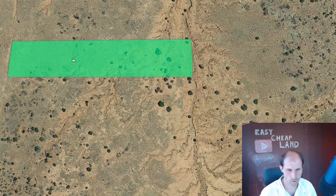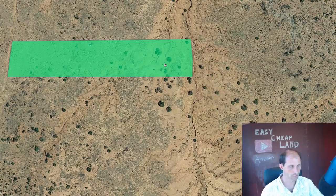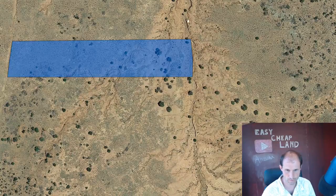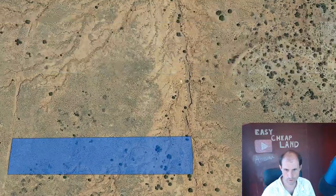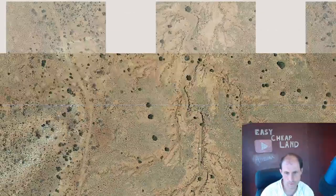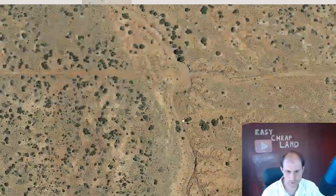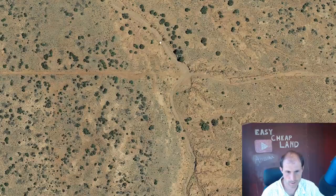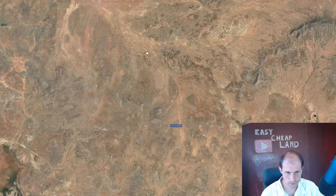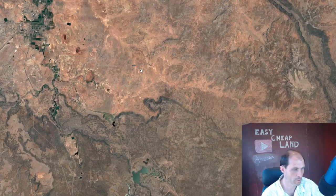You could probably collect water when the rains flow. If you look at the rivulets, it looks like the water is flowing north here, and up there. So you could probably harness part of that to feed your gardens and livestock, horses, goats, something, and have fun with it. It looks like the water flows out. I'm not going to follow it all the way out, but if we zoom out a little bit more,